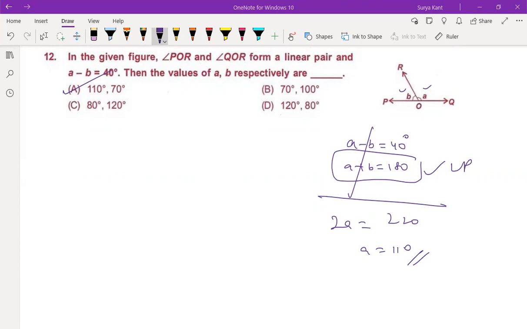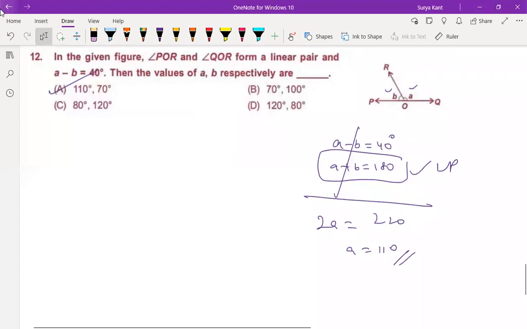Now question number 13. But sir, how? There they give B and A. A minus B is there, no? So obviously A is greater over here. If A is given before, it means A is greater. Understood? Is it clear? Yes, sir. And anyway, this is not 110, 70. If they give 70, 110, then you'll get confused, correct?